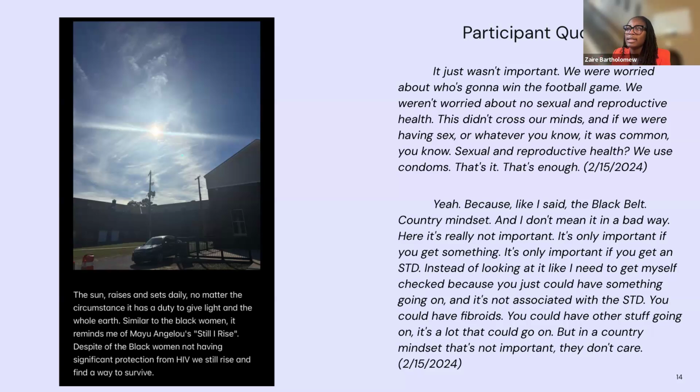And so what we did in this process was we would have the caption, we would have the photo, and we would ask ourselves, okay, initially, what are we seeing? What are we feeling? Where do we think this fits in within our codebook? And so oftentimes it would be aligned with what we all thought. So maybe it's education, maybe it's cultural attitudes or stigmatization, and that would be fine. But there were some instances where we would all have differing views. Well, I think it's education, or I think it's this, or I think it's that.